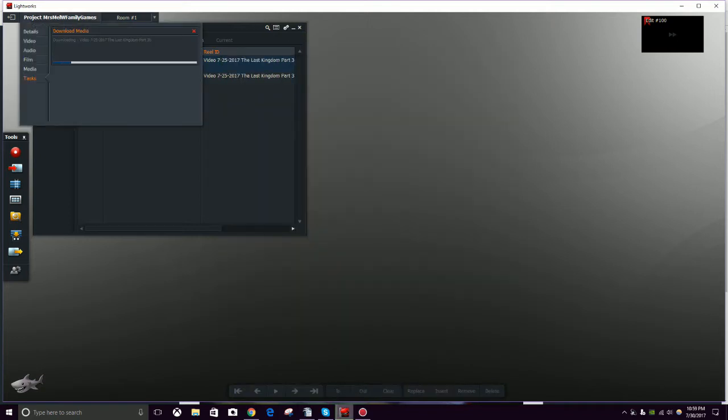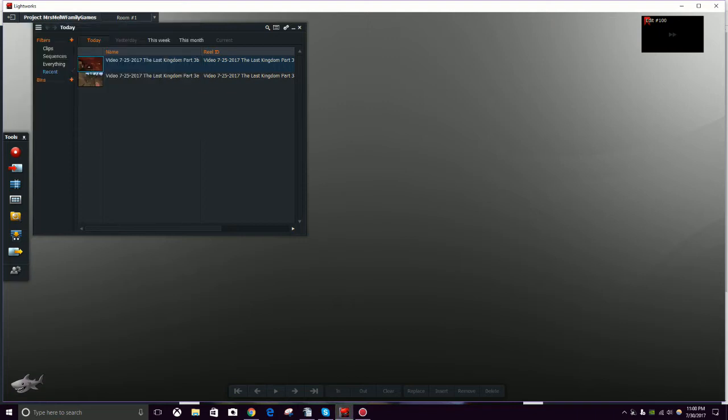And sometimes the imports fail. Just start over again. Sometimes it bugs out and then it closes. Just go ahead and start it up again and try to import it again. Usually it'll work the second time around. If it doesn't, it could be a corrupted file or it could be the wrong file type. It has to be 30 FPS, 60 FPS. It has to be in that format. And it can't be 1080